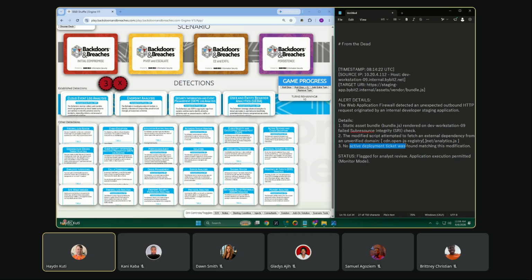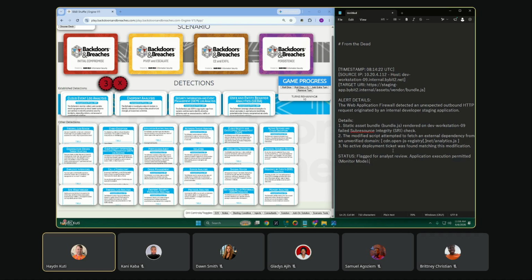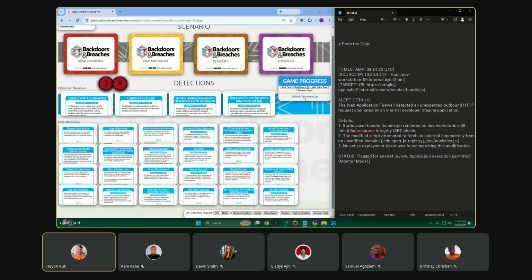And there's no active deployment ticket found matching this modification. It's flagged for review. So, what do you guys think? Feel free to ask any clarifying questions about who we are. I can only give you guys so many details, but